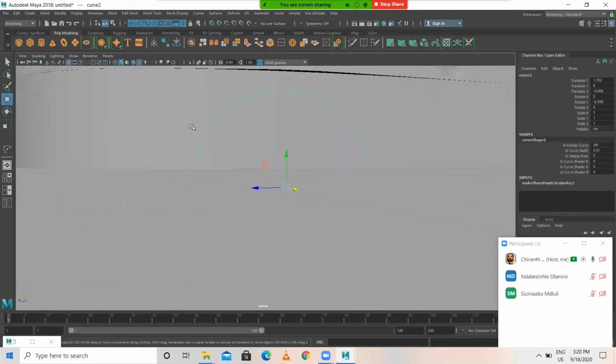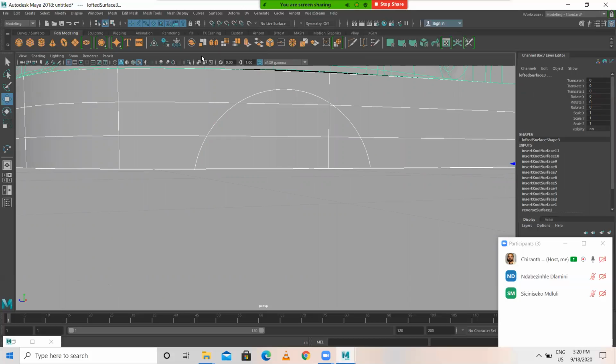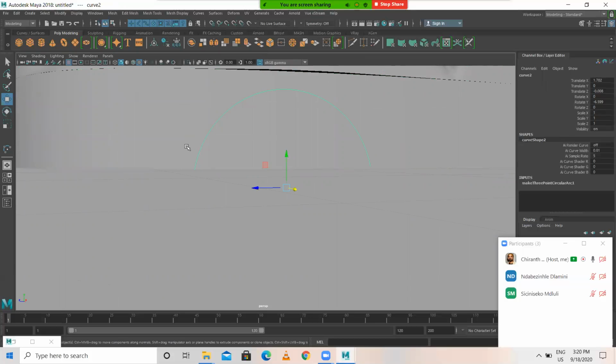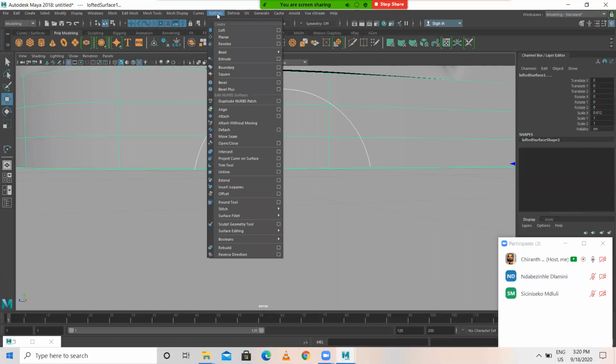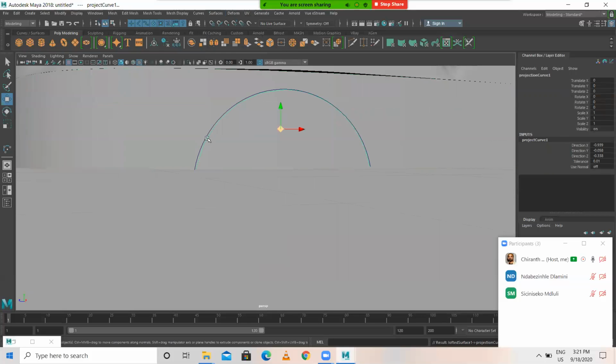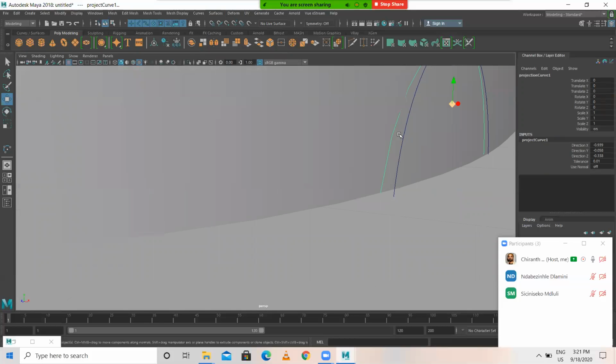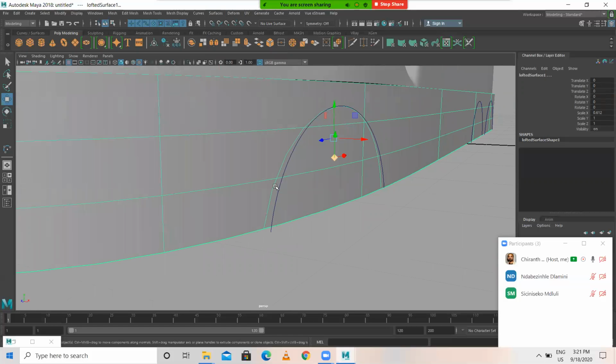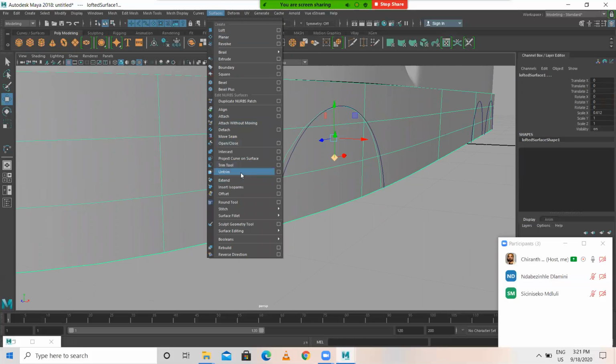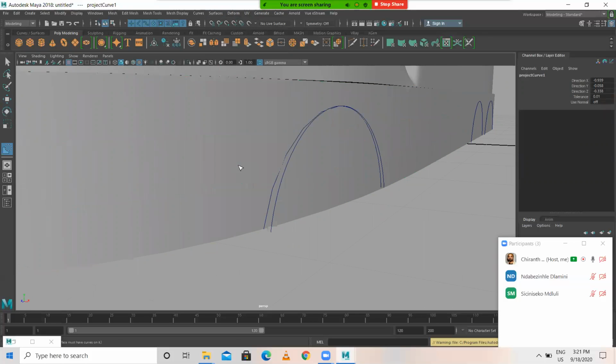Then what I'll do, select the curve. Next step is select the curve, select the object, go to surface, project curve on the surface. Now a curve has been projected on the surface. You can see here a curve on the surface only, it has been projected. Shift select this particular surface, select the projected curve, then select the surface, go to menu, surface, trim tool.